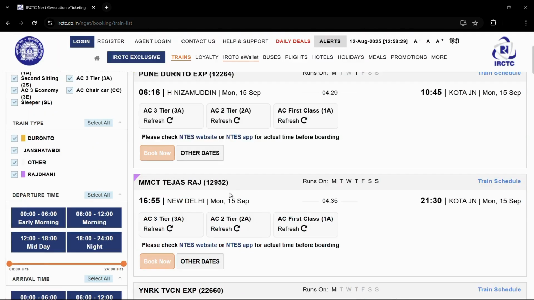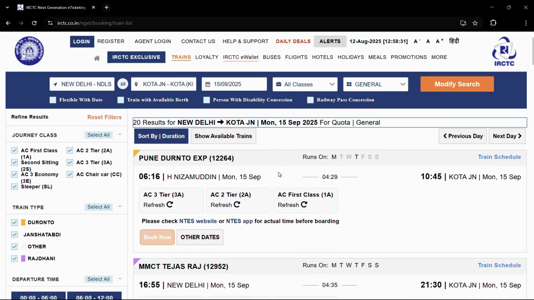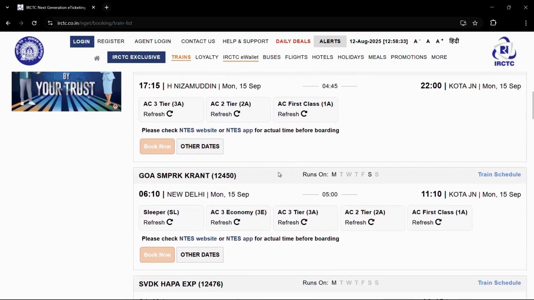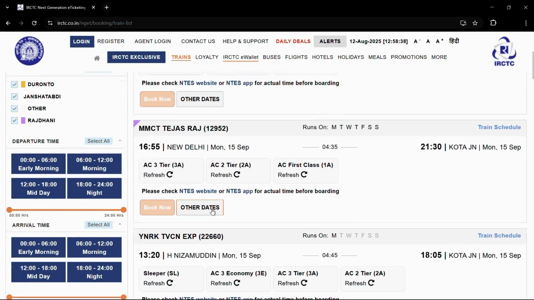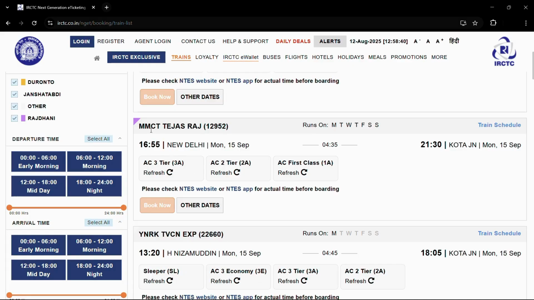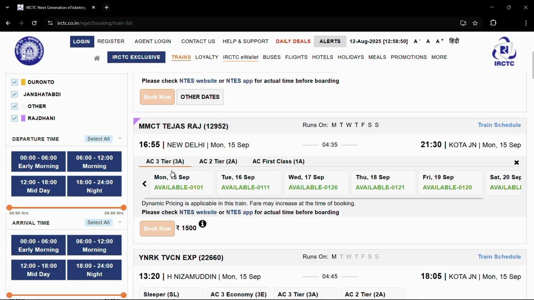and then you can click onto the search button in order to show you the available trains. As you can see here, it has shown us different types of available trains. For example, let's say I want this one, the MMCT Tejas Rajdhani. If I want to know about the availability of tickets, I simply need to click over to this button. As you can see, on 15th of September, I have 101 seats available